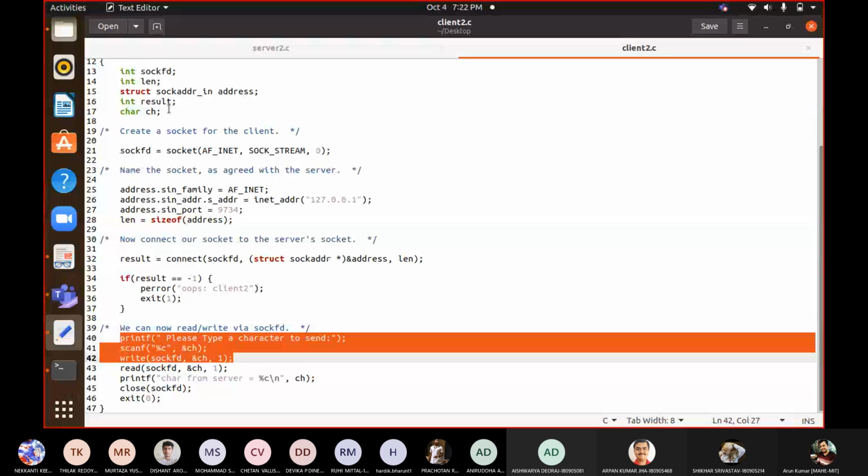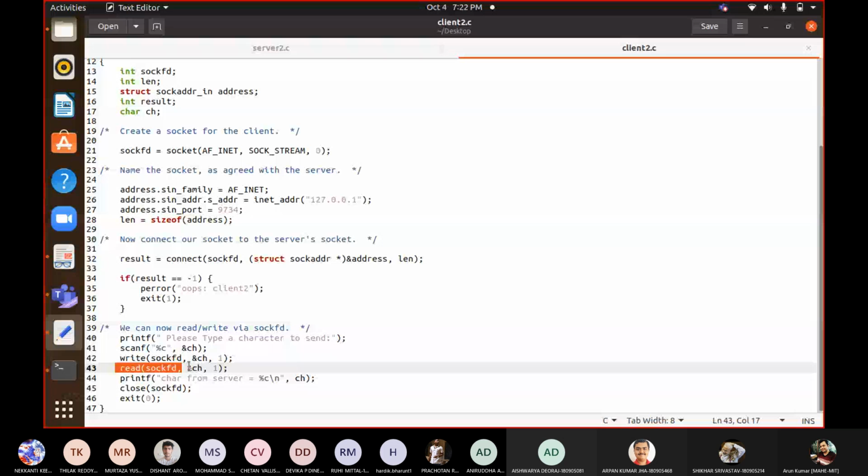Now once you have sent, you have to wait. Once you have already sent the thing, you have to keep waiting until a response comes from the server. Then after this write, your focus would be on read. So you would be on this read system call, and repeatedly you will keep checking whether you have received something or not.